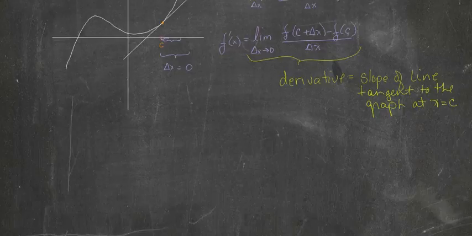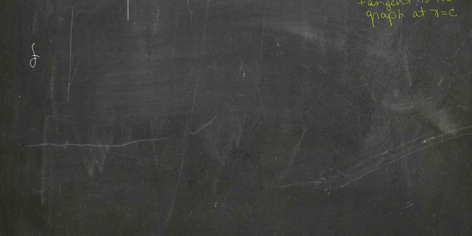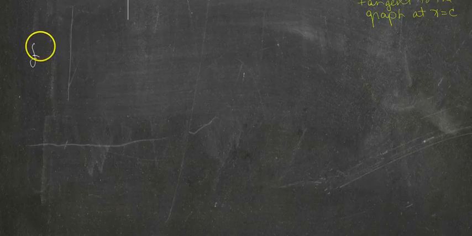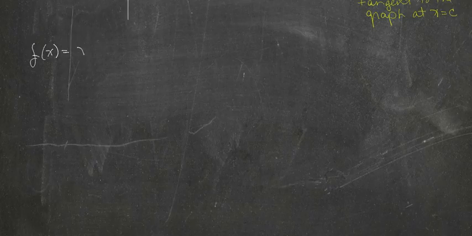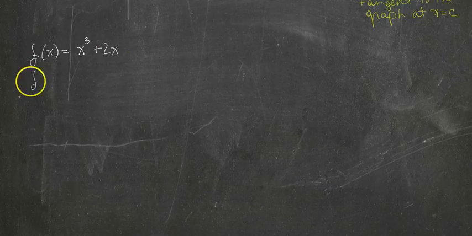So after that tongue-twisting jumble, let's do an example. Let's get down to the fun of it. So we want to find the derivative, or the slope of the line tangent to the graph, or the slope of the tan line. See, so much easier to say derivative. We want to find the derivative of f of x equals x cubed plus 2x. So what we're looking for is the slope. So we want the derivative. Well, f prime of x